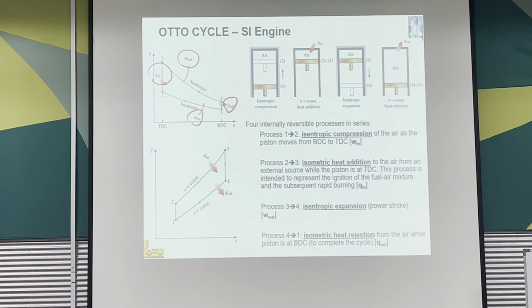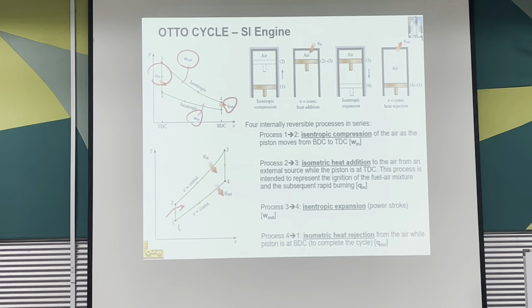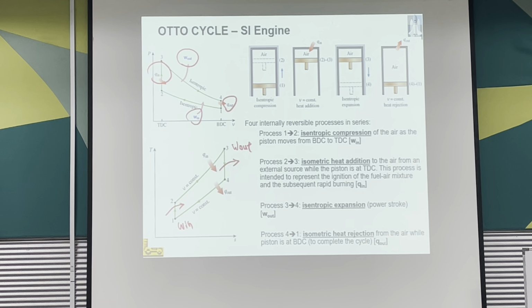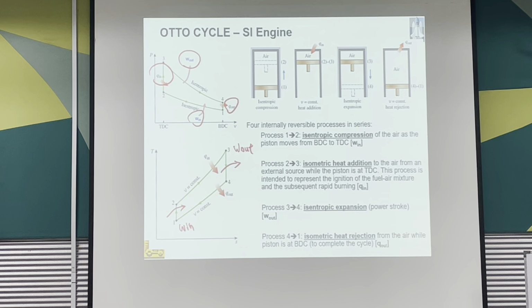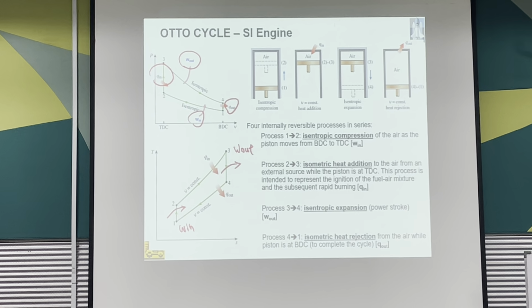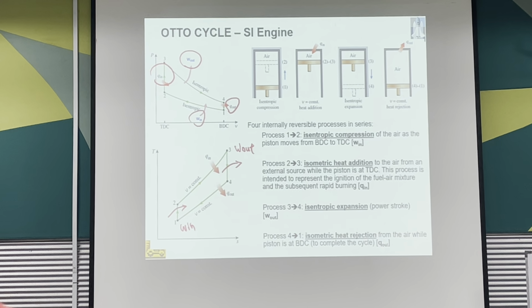So this whole thing can be translated to a TS diagram as well. So this is the work in, while this will give you work out. Okay, so you can also see the relationship between these two graphs. There's a very funny thing here: if the process is a linear line on one graph, it will be a curve on the other one. It usually goes this way, because